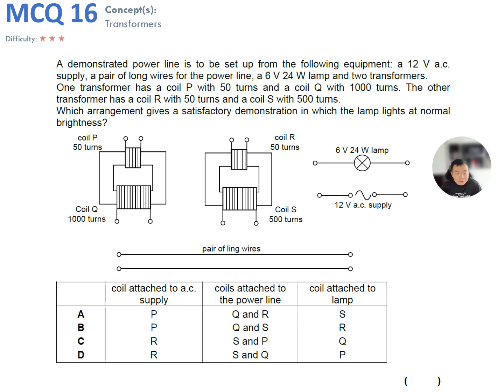This is a question on transformer. It's not a difficult question, but it's pretty tedious. And there's a lot of data given to us. We have to make sense of it. Our objective is to find